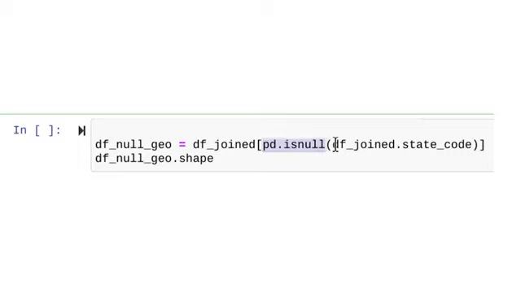We already know which of the columns have missing values. Since we're interested in finding the total, we can use any one of those columns. For this code, we selected state code. After that, we'll use the shape function to give us the total rows and columns, which comes to 393,830 and 10, respectively.